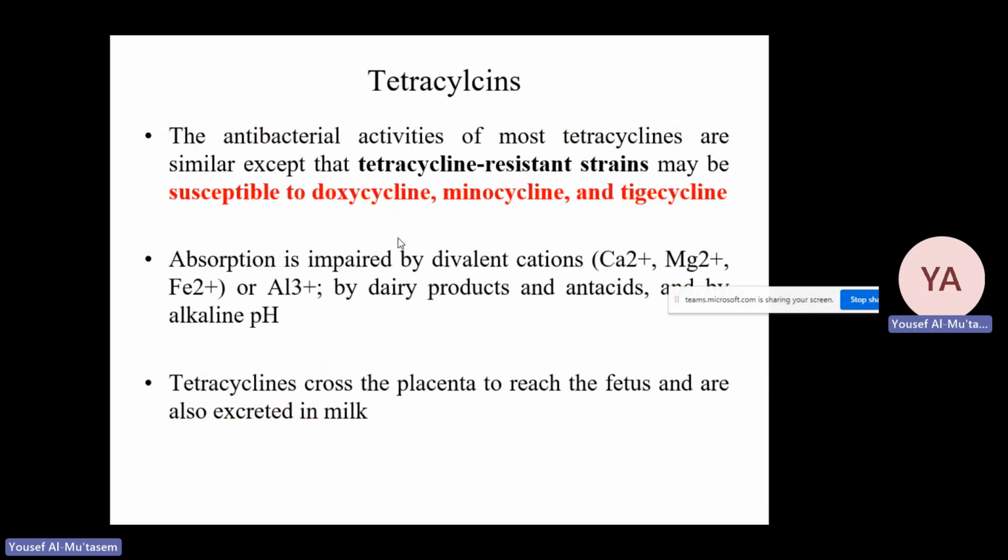Also, one of the problems with the tetracyclines is their ability to cross the placenta and get into the milk, causing teratogenicity in the fetus, or causing fetal abnormalities, mottling of the teeth, and abnormalities with the bones. That's why it is not recommended during pregnancy, and also not recommended for children below the age of 8 years old. A similar